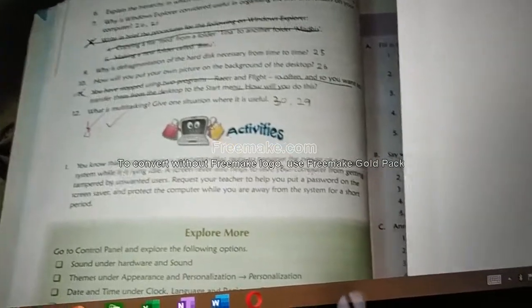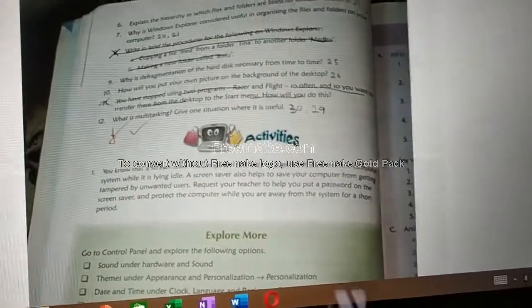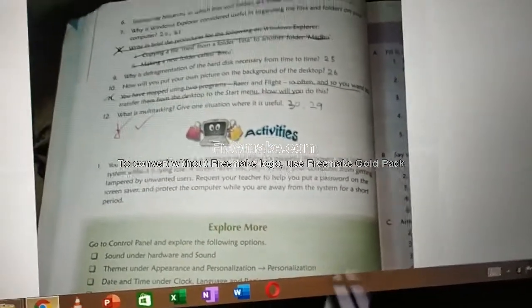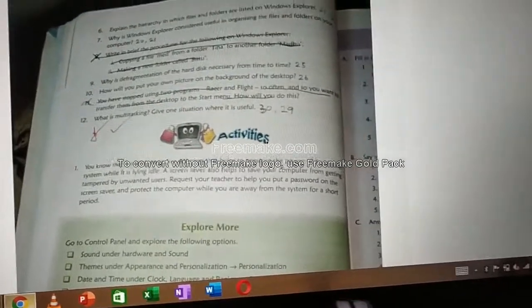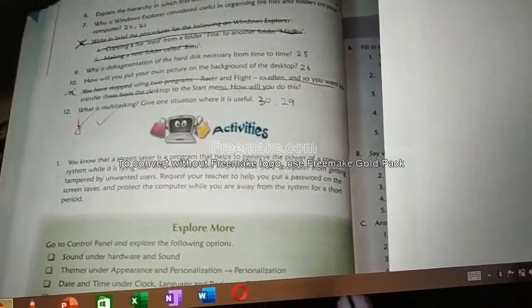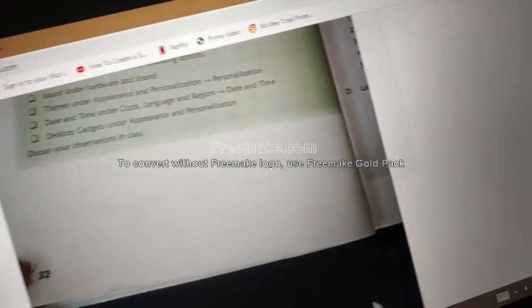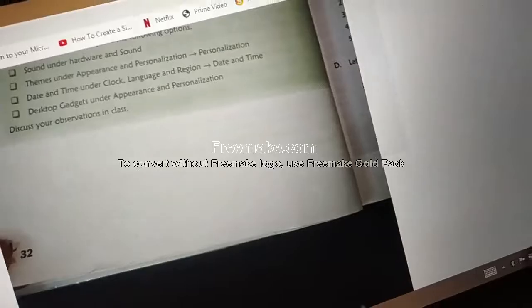Okay, now what you're going to do is, after completing this book back, take a photo of the first unit and second unit book back alone, okay, and send it to my phone number, my personal phone number, not in the WhatsApp group. Okay, so it will be easy for me to check it.